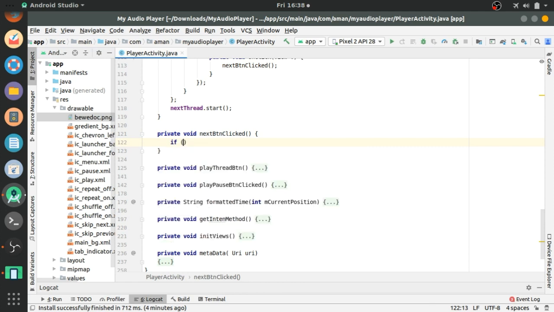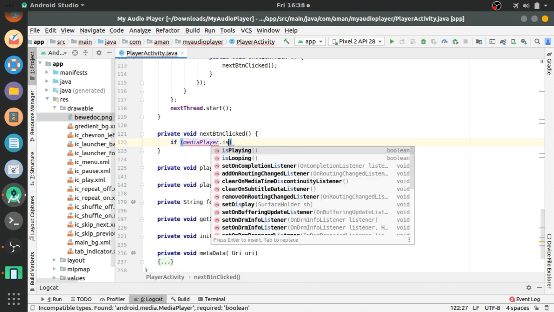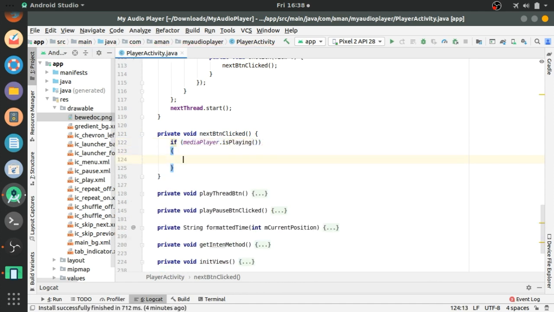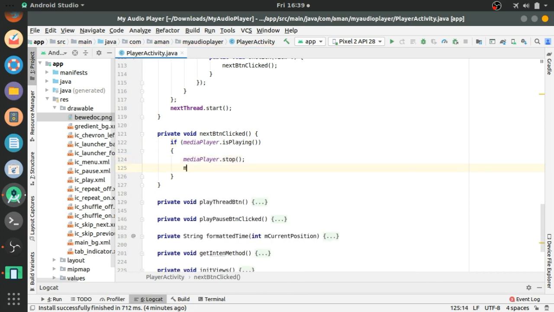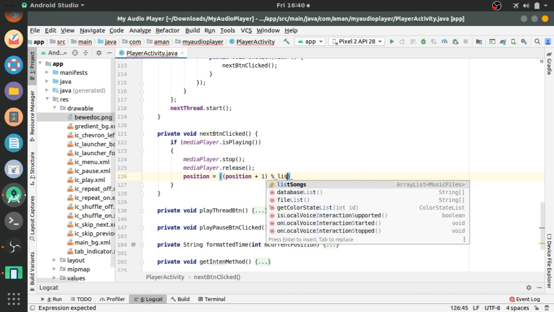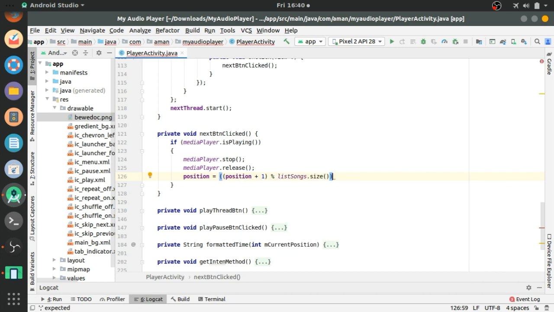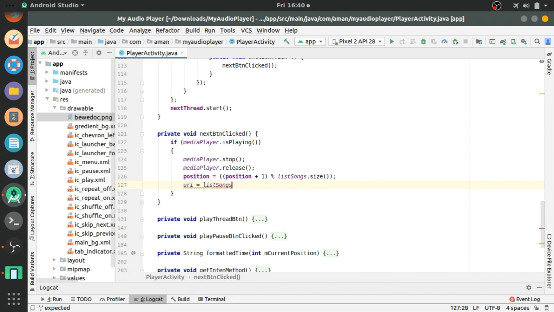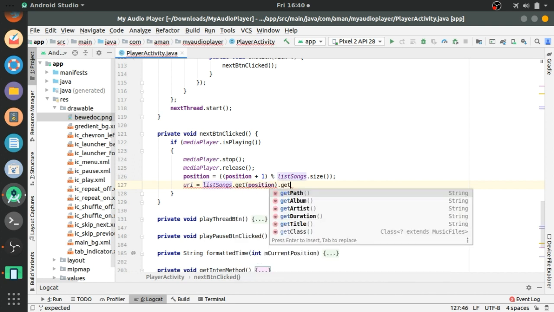Now in the nextButtonClicked method, if the media player is playing, then we will stop the media player first and release the resources. Then we have to increment the position number using the logic position + 1 remainder listSong dot size, so that the position will be in the range of listSong dot size.